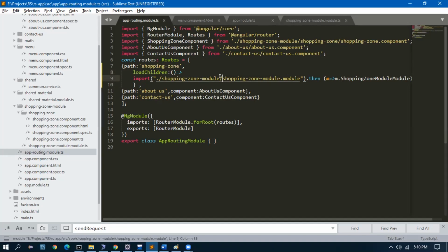While clicking shopping zone, it will come to the shopping zone module. But when I click about us, it goes to the about us component directly. They are the direct workers. They have the functionality to do, but the shopping zone module does not have any functionality to do. It has its own workers under him.